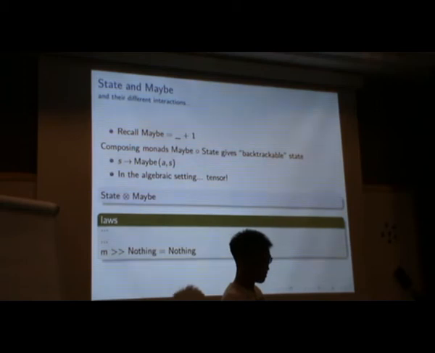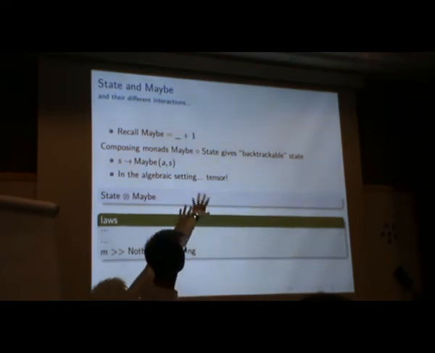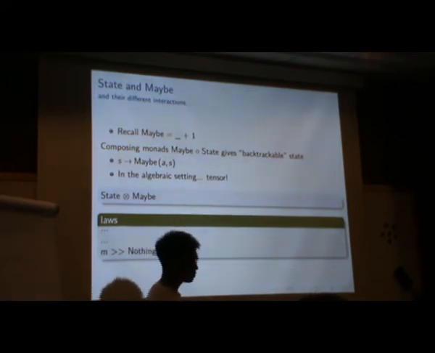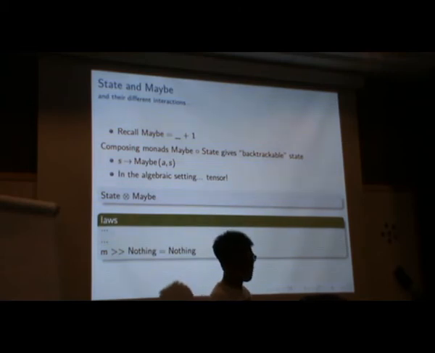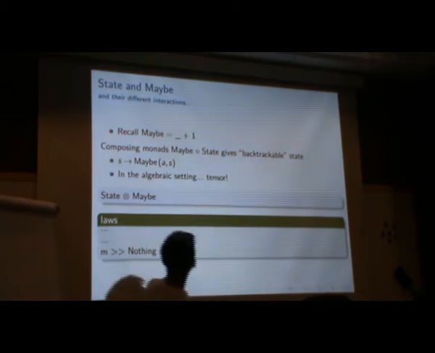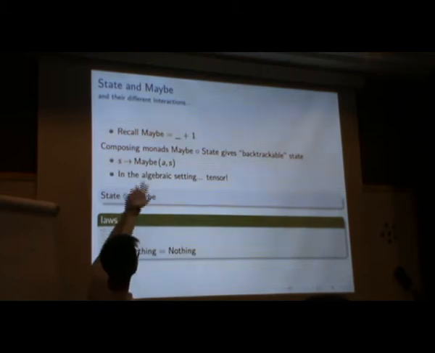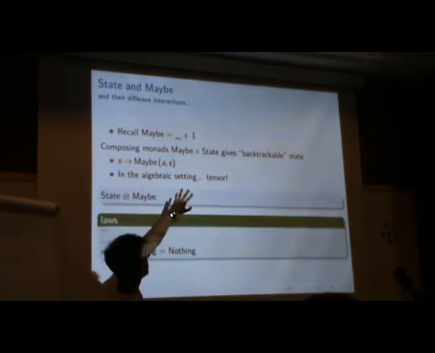So what would happen if we combine state and maybe together? Well, let's compose them this way. And what we get is something we can call backtrackable state. Backtrackable because, well, if you look at this type signature, which is what you'll get if you compose these two in this way,